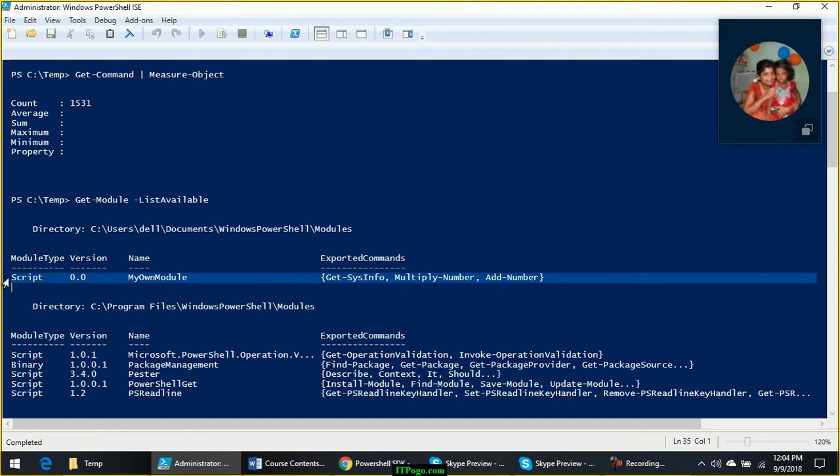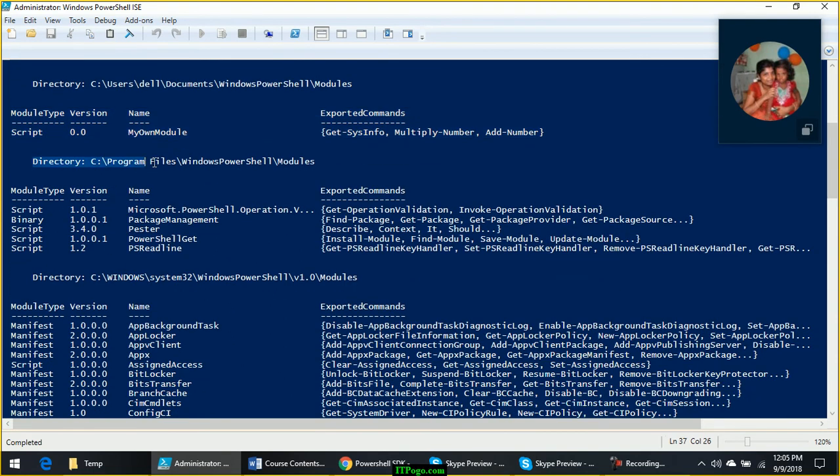If there are any PowerShell modules available, the first folder it will check is your profile path. Under documents there is a folder named WindowsPowerShell/Modules. Here you can store your own custom modules. If you are creating your own modules, you can store them here. We will see that later when we discuss publishing your script into modules, which is the final and last step in this course: how to create your own modules. We are not going to see that as of now.